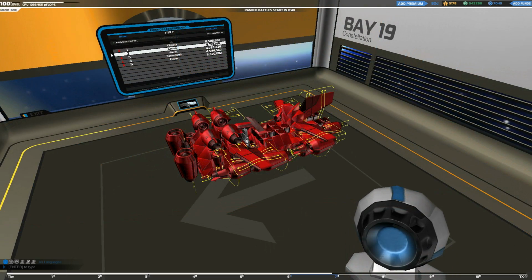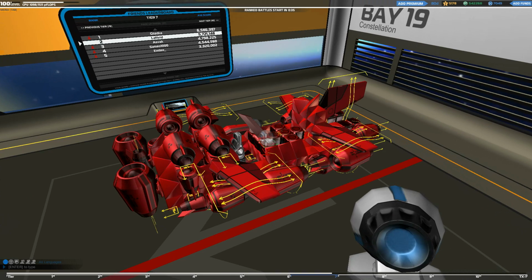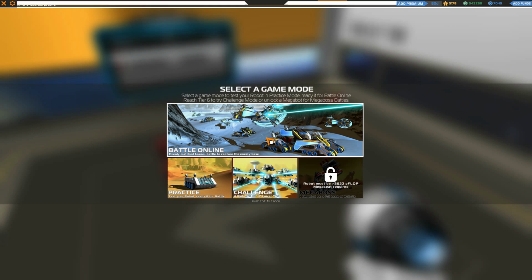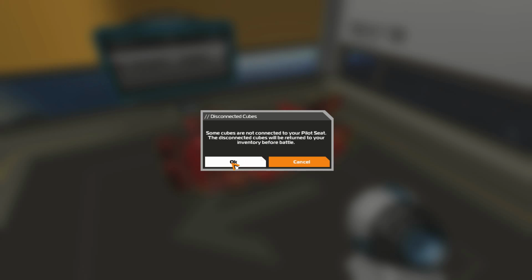Today, we say goodbye to a friend, a robot of great esteem, and a loved one. Goodbye, Constellation. Da da da da da da da da da